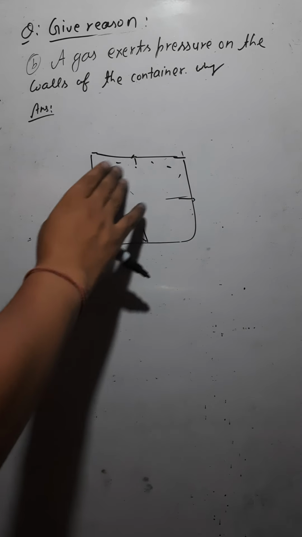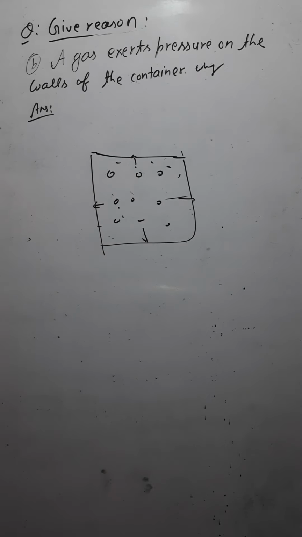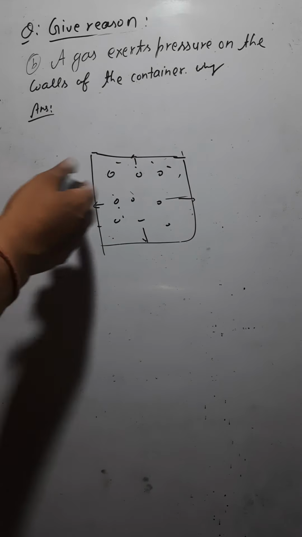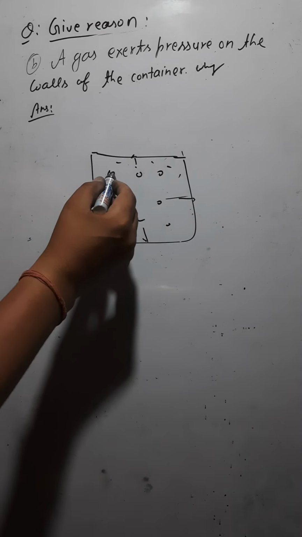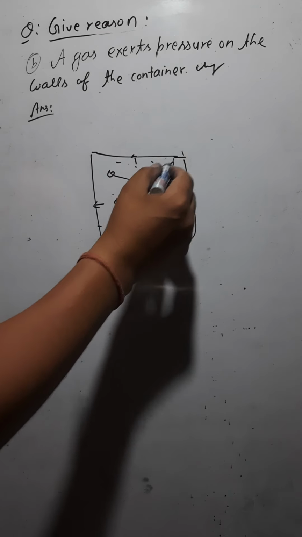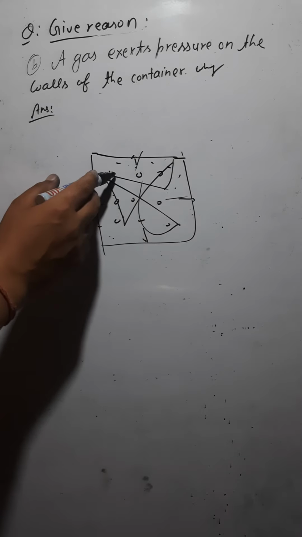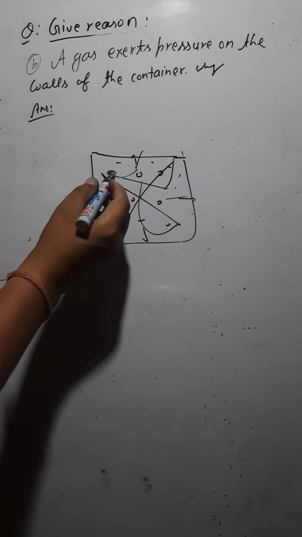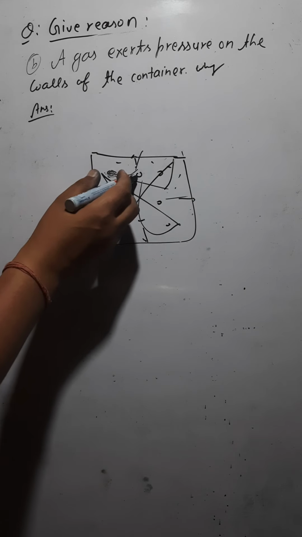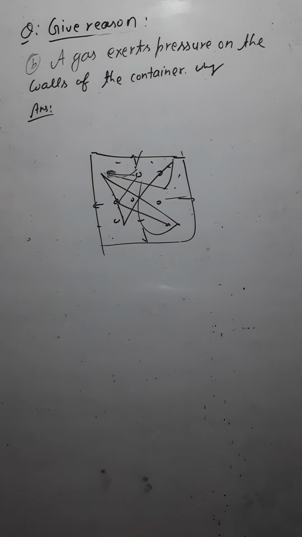See, we have discussed. We have the molecules of the gas here. As we have said, the molecules of the gas are continuously moving here and there with high kinetic energy. Let's say it is moving here, then here, then here, continuously moving here and there, isn't it? So the molecules are colliding with each other also. Let's say this molecule is moving from here to here, colliding with this one, then coming here, then colliding with this one, then going there. This is how the molecules have a random motion.